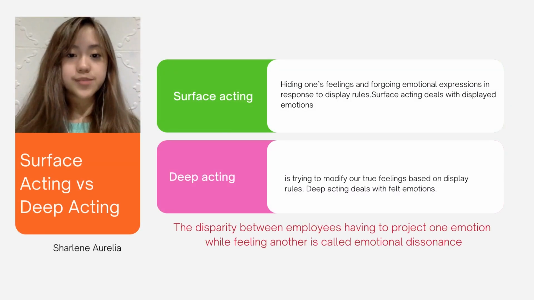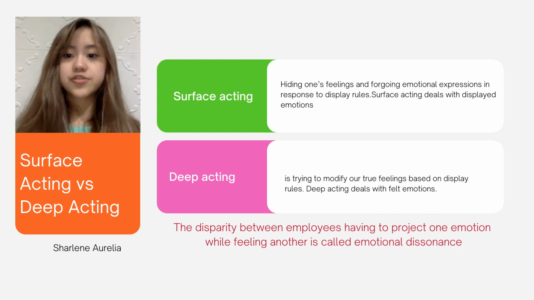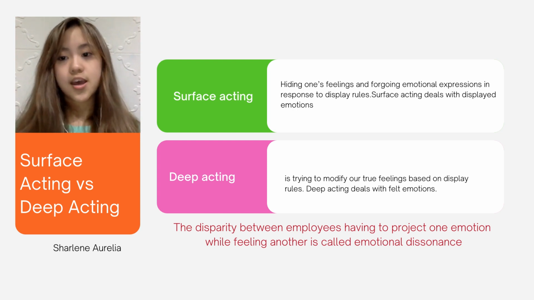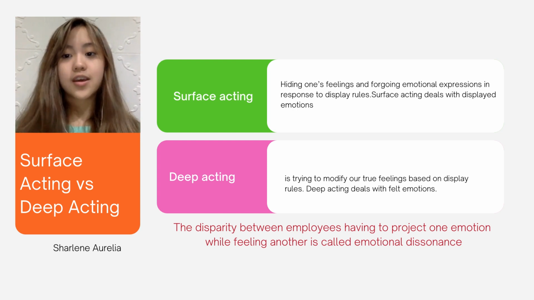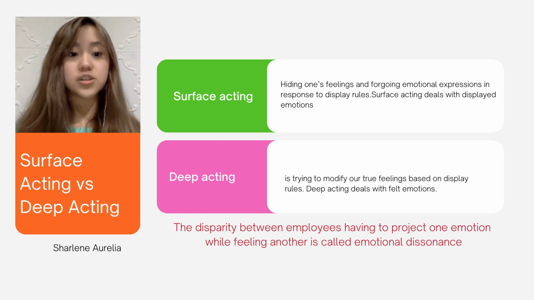Next is the difference between surface acting and deep acting. Surface acting is hiding one's feelings and forgoing emotional expressions in response to display rules. Surface acting deals with displayed emotions. For example, if a customer service employee shows cheerful expressions without actually trying to be cheerful or happy that day,